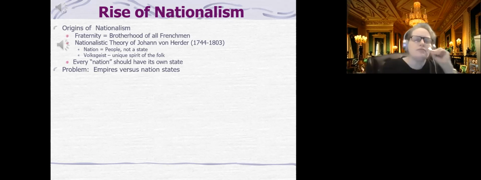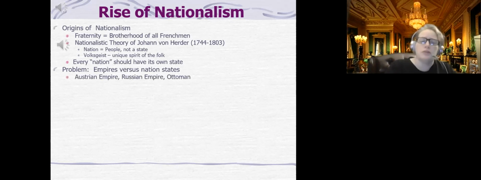In fact, many of these rulers, like Metternich, who I talked about in the question of ideologies, saw nationalism as particularly dangerous and could lead to the undoing of their governments and empires. And he wasn't wrong, and neither were those others who were concerned, because in Austria and Russia and the Ottoman empires, this is a particularly dangerous sort of thing.